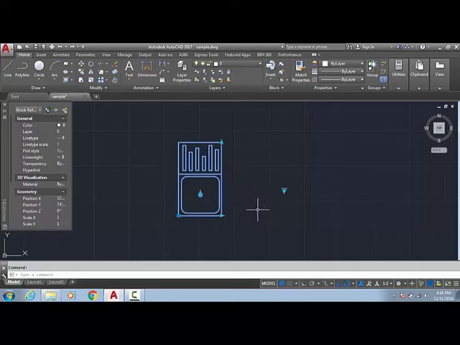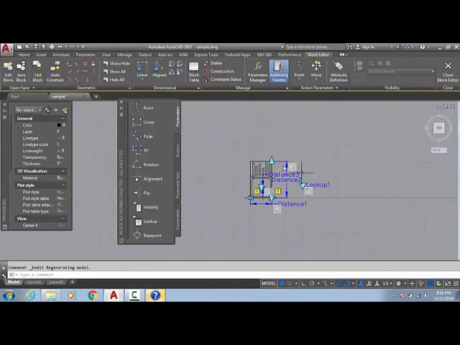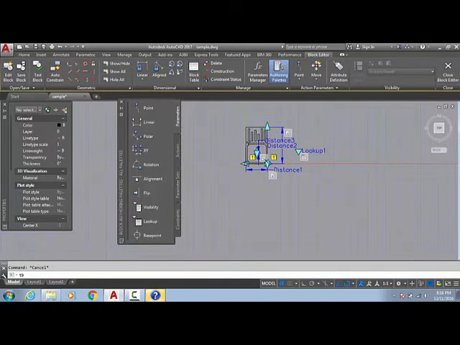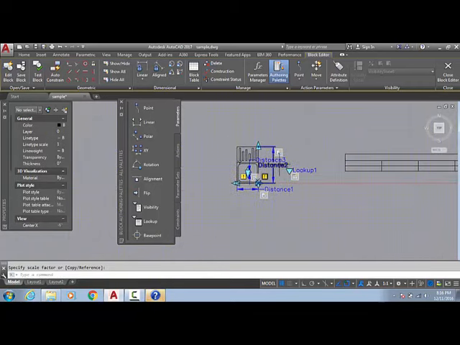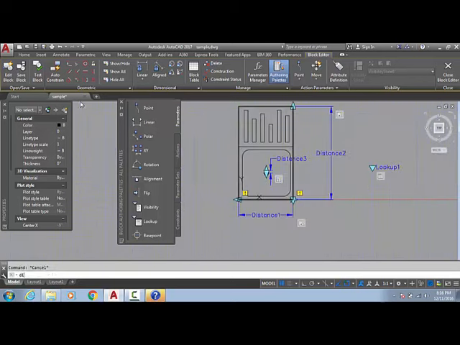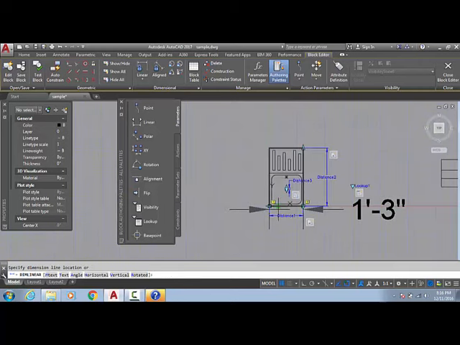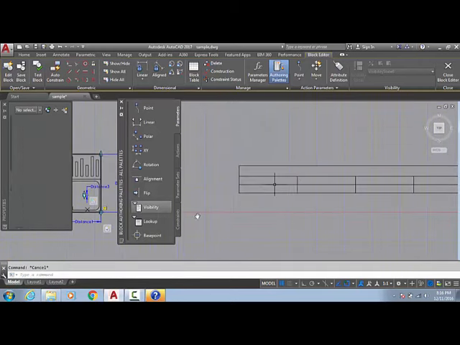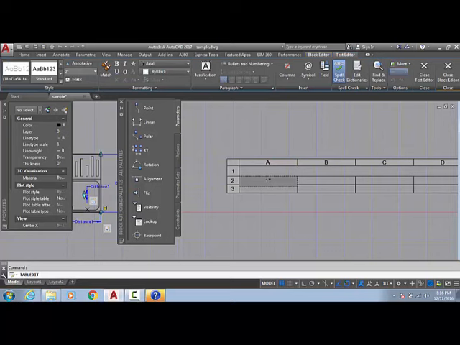Now just again go to the lookup. Okay, first we need to make one table here, tb, enter. Okay, no problem. It is for our use only, sc, enter. Okay, we will need the first distance. This distance is 1 feet 3 inch. It is distance 1, sorry, 1 feet 3 inch.